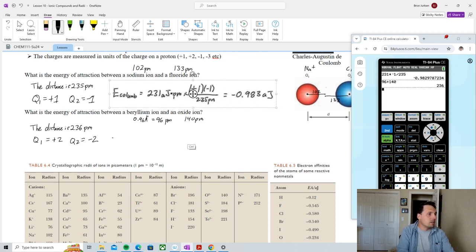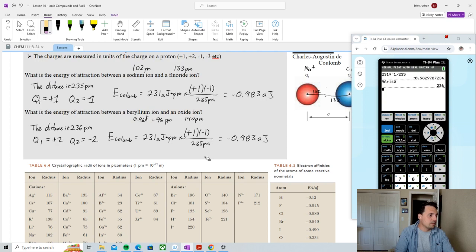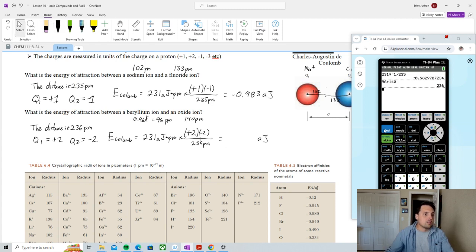So when we write this out, we're going to get a very different value. So 2 times 2 is 4 times negative 4, and then divide by 236, and we get negative 3.92